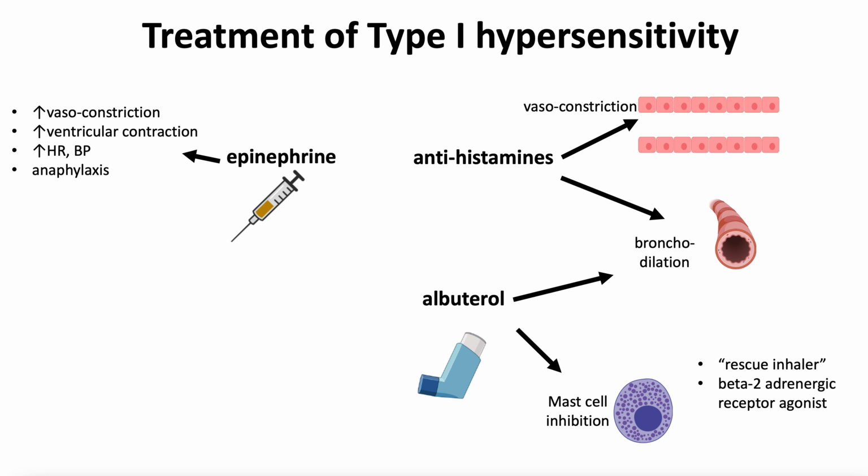And sometimes albuterol is referred to as a rescue inhaler, and it's a beta-2 adrenergic receptor agonist. And lastly, corticosteroids are a non-specific form of immunosuppression, but can be used for certain allergic reactions, including allergic rhinitis. And there are certain nasal sprays that can be used for people that have consistent or severe allergic reactions in